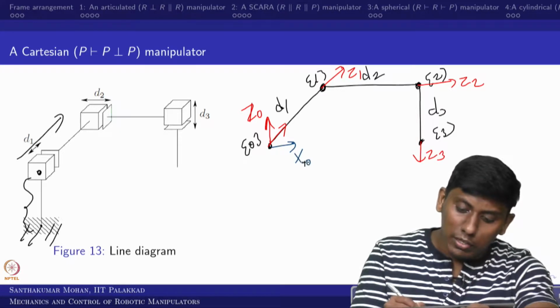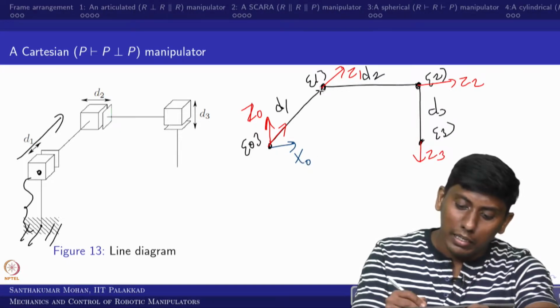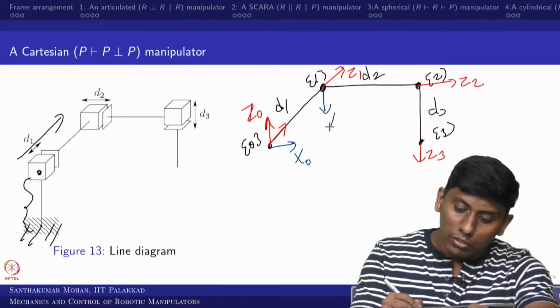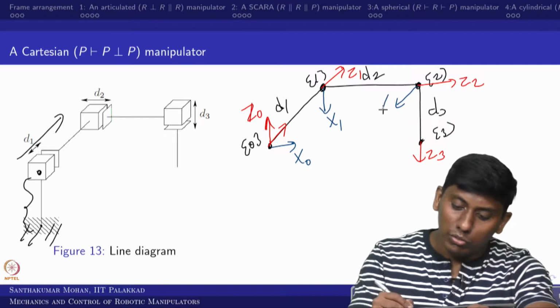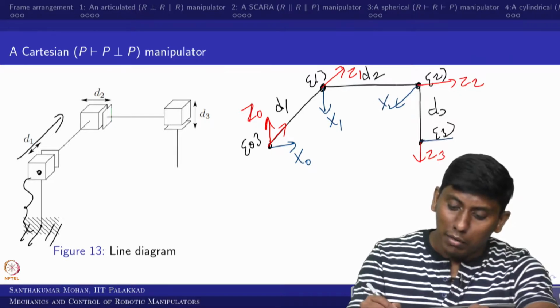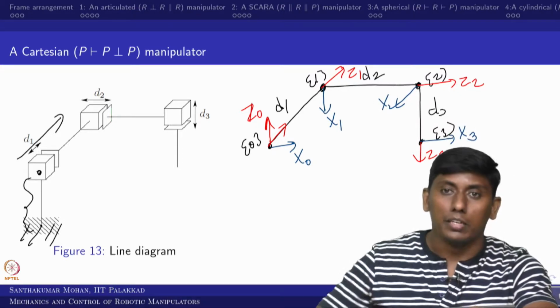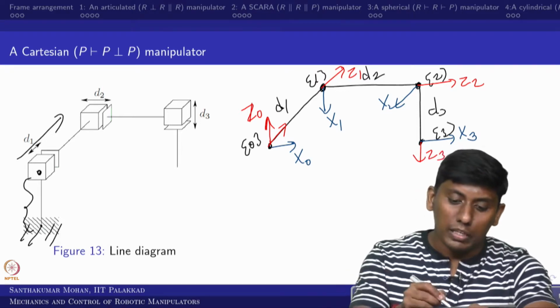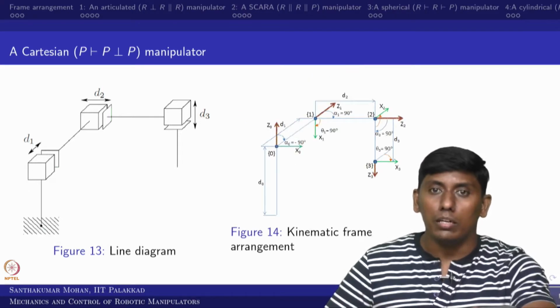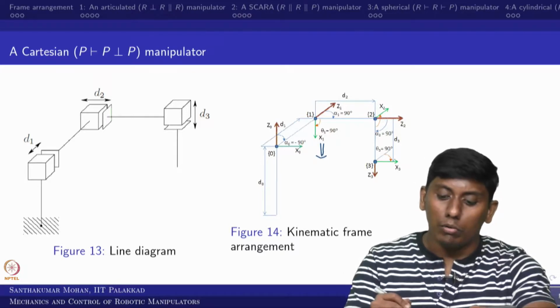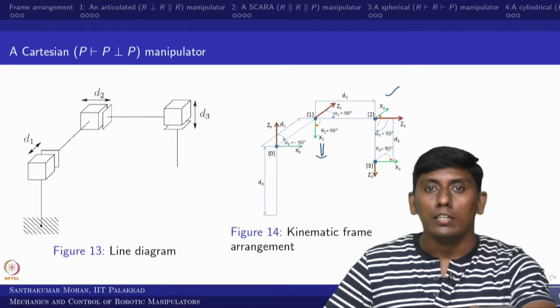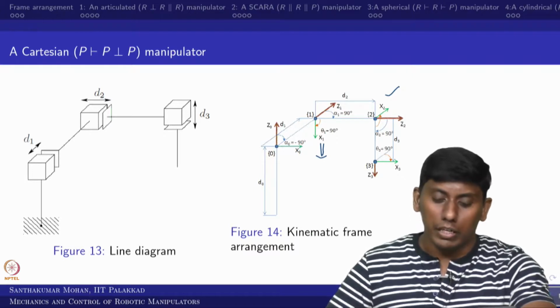So this is x0, and here in the plane you can go either up or down. So this is x1, and in this case you can come either outward or inward. So this is x2, and I can make it parallel to this x3. Okay. Now we can see that in a pictorial. You can see this is what we have taken. So x1 we put downward, and x2 is inward. That's the configuration we did.